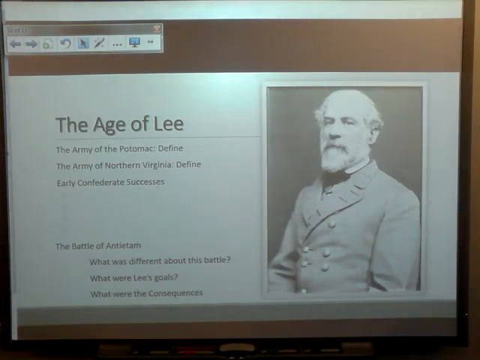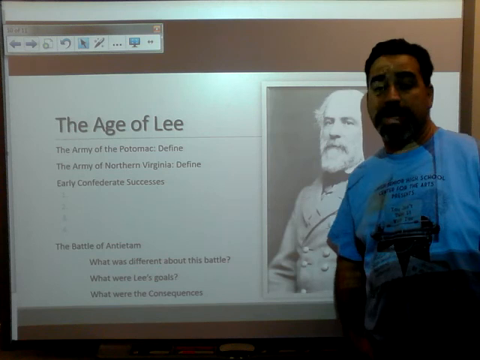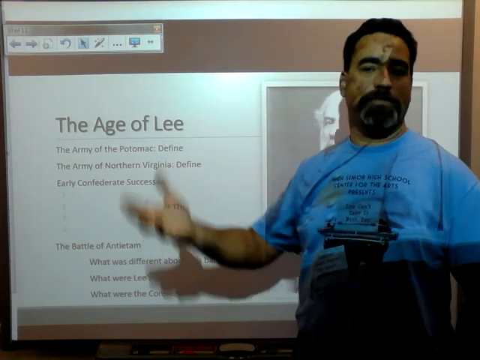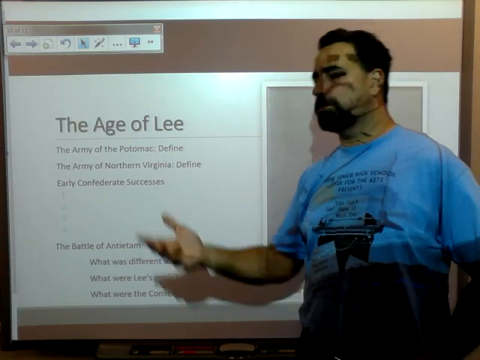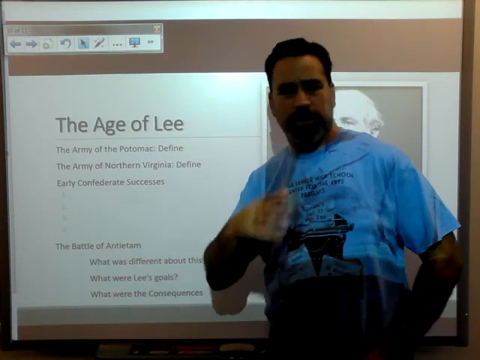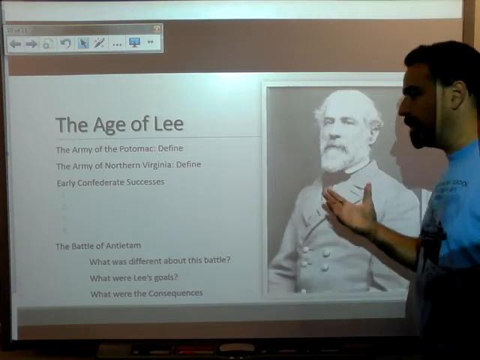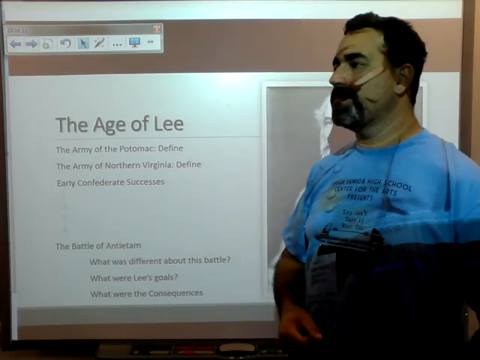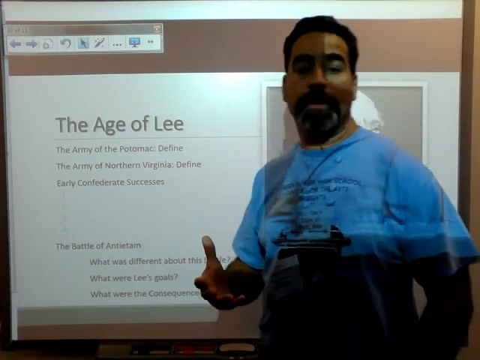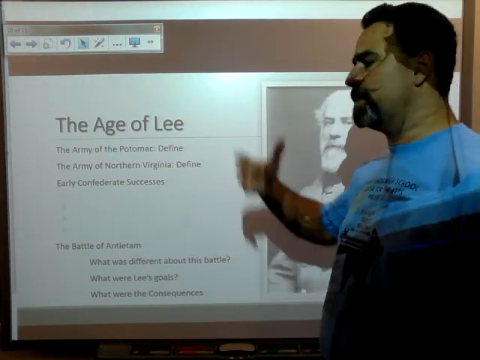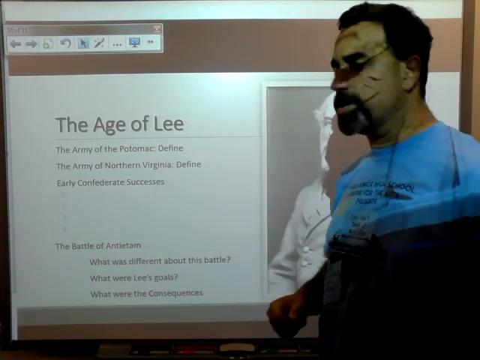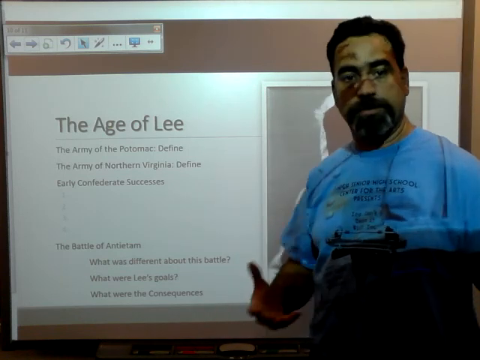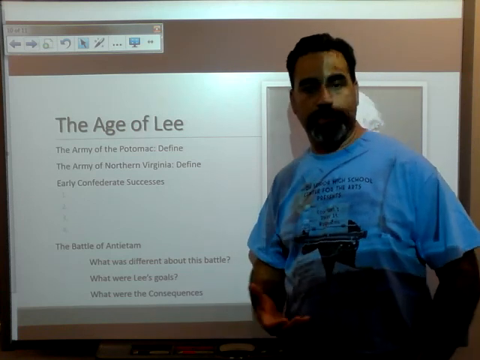Lee followed this up with a number of battles known as the Seven Days, in which he's going to rout some more. McClellan will be fired by Lincoln. He'll be replaced by a General Pope and a General Burnside and General Hooker. And Lee is going to beat up on all of them, basically, at the Seven Days, at the Second Battle of Bull Run, and also later on, after an abortive attempt to invade the North, which we'll talk about in a moment, Lee will have further successes at the Battle of Fredericksburg in defending Richmond and the Battle of Chancellorsville.